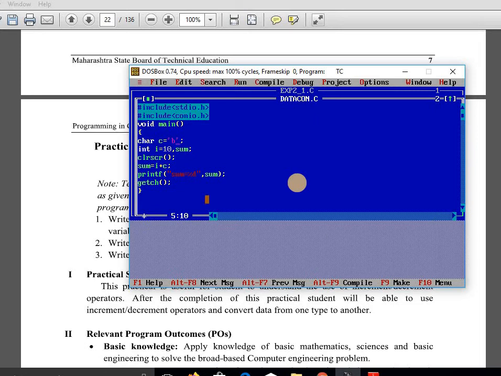Okay, now we will see the explicit data type conversion. So see here, float. Suppose float f equal to 1.2 and integer i equal to 5.